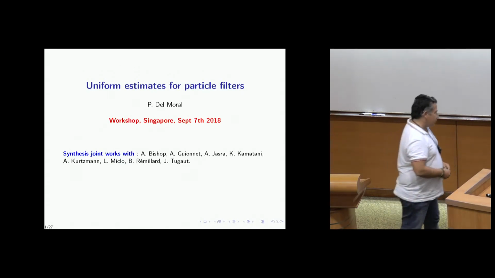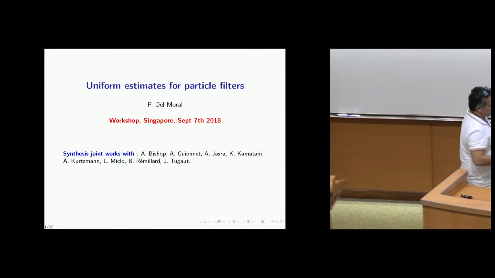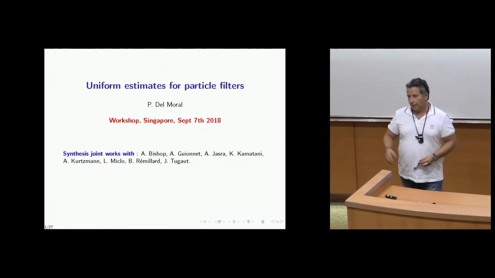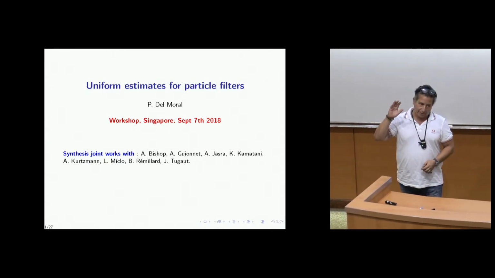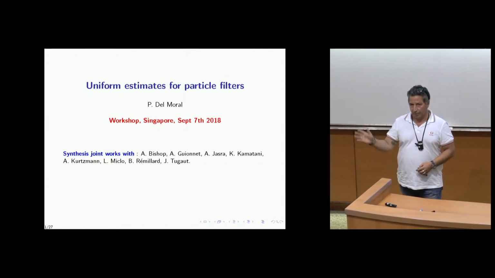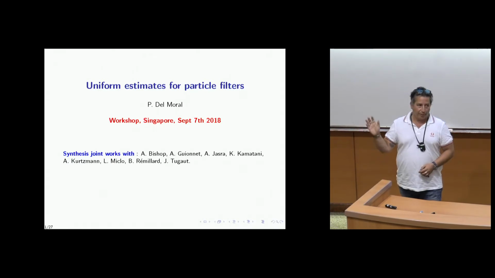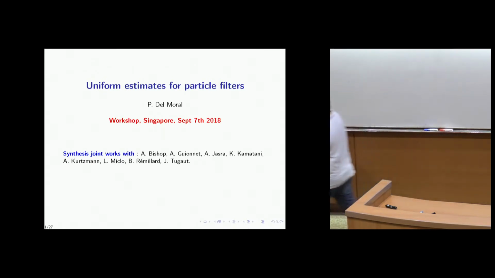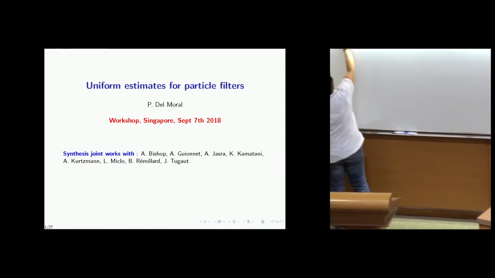But first, to better introduce this subject, I think it's better to show you when you have a nonlinear equation, how to do the particle approximation, how the particle approximation is a perturbation of a nonlinear equation, and you need to study the stability of this to get uniform estimates. So I will just show you the general principle and how it works, discrete time and continuous time. So the first, let's say in discrete time,